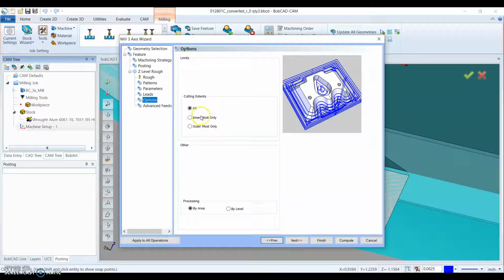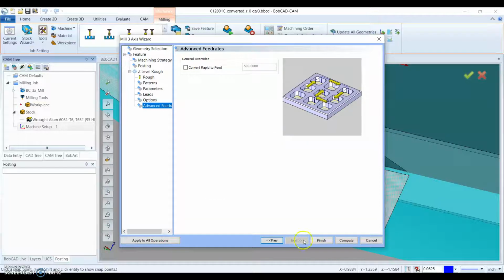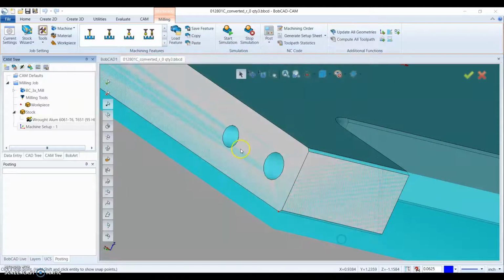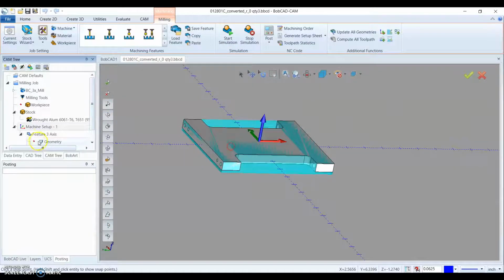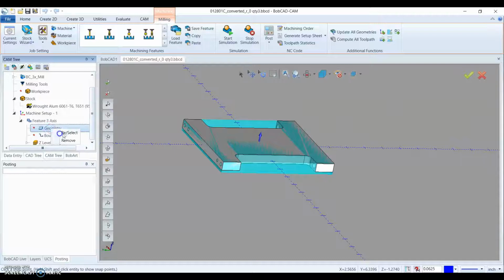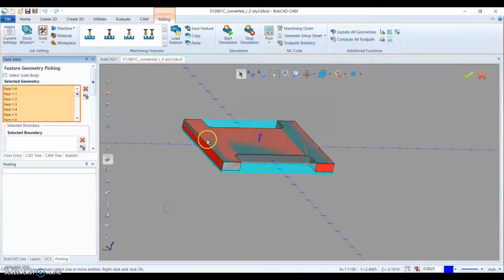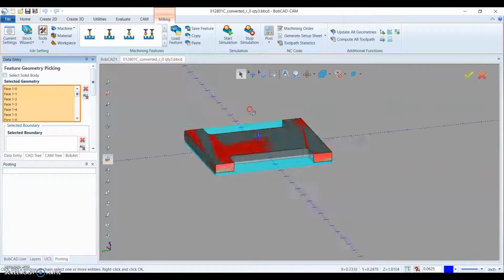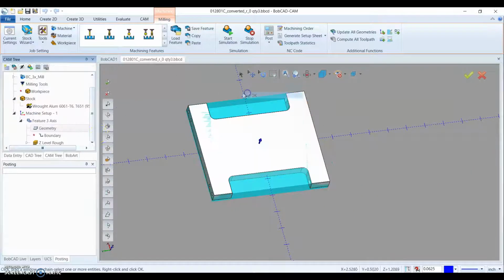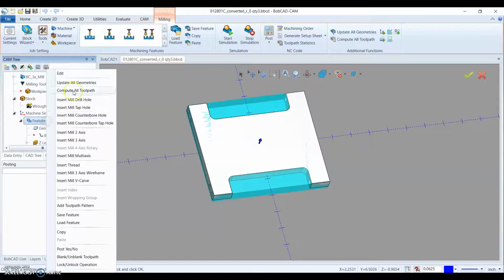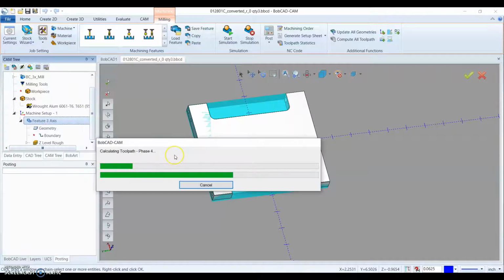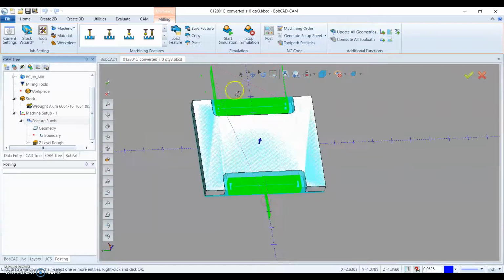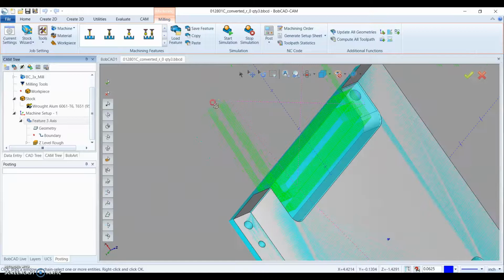And this is a handy feature. If I only want to do the outermost of the part, it will do that. Or if I want to do the innermost of the part, it'll do that from here. But really, there's no... Let me just compute this and finish my last thought. Oh, nothing to compute yet. I didn't select the geometry, so I'll just right click, select the geometry, and good practice to just pick the whole model. Right click, OK, and then right click again, compute,